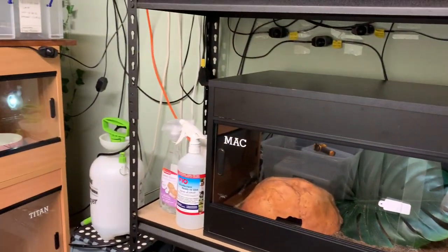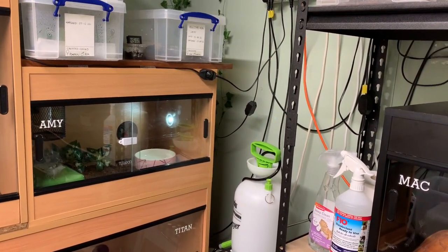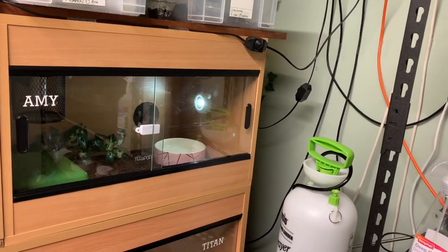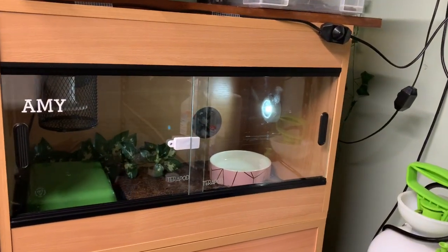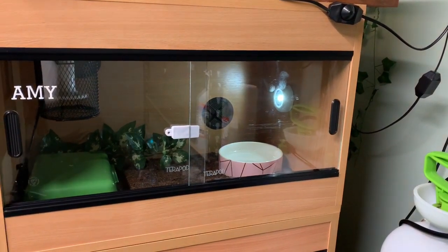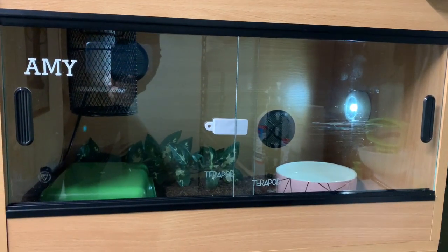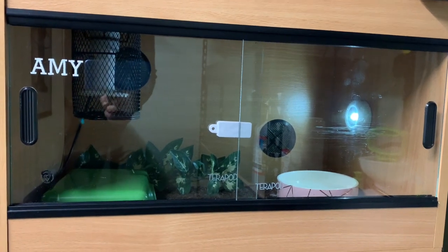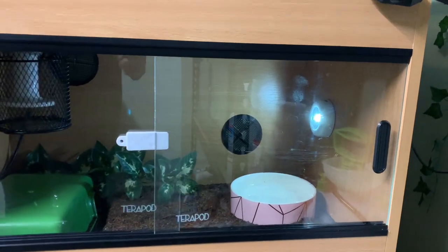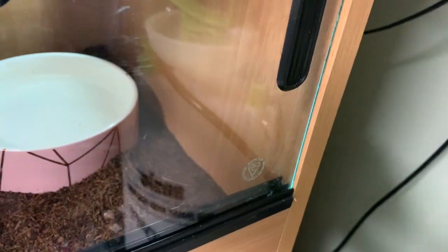Moving over to the other side of the room now, starting with Amethyst. Amethyst is our red factor lavender corn snake, about a year old. There was no way I was going to write Amethyst on the glass, so Amy for short. Hoping she's a girl, and we haven't actually sexed her yet, but we're hoping to do that in the next few weeks, with a view to perhaps breeding her when the time is right. Amethyst usually likes to hang out over on the cool side of her viv. She's usually to be found in this corner here, but